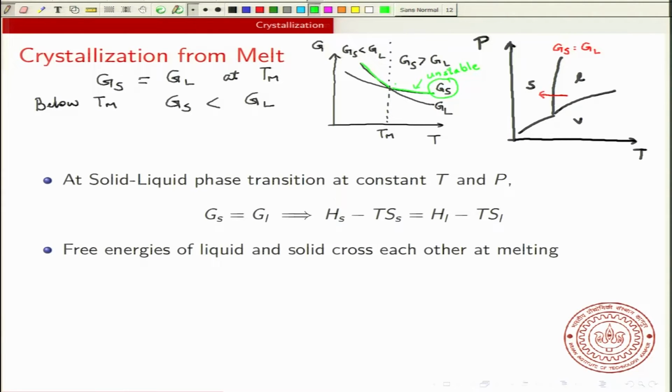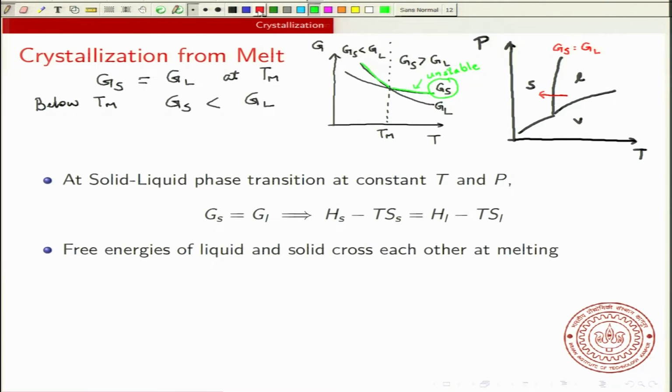Now it's a question. Obviously you do not have a liquid below the melting temperature. You do not have a solid above the melting temperature. So what do these numbers really mean? You can think of them as some sort of model calculation. So you model a liquid and you try to extend its free energy below the melting temperature, then you would get these curves. Similarly, if you model a solid and you calculate its free energy and extend that model above the melting temperature, you would get some curve, and this is representative of that. So these are purely representative cartoons, but they illustrate one interesting point,